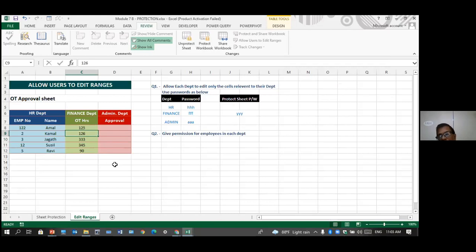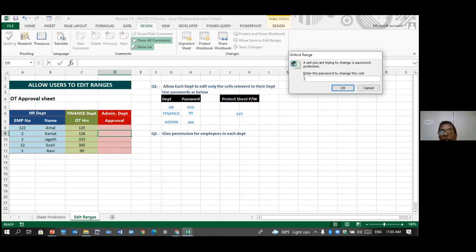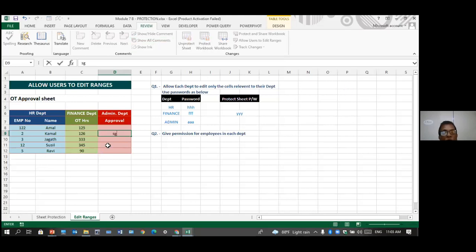Otherwise, no point, no? If I unlock this and send it, now both are unlocked. But the one department will do that and save it and then email it. So when you email again, everything is locked. But still you can't enter anything here. You have to enter the password for that area. And then you can enter anything here, right? Yes, no, whatever you want.